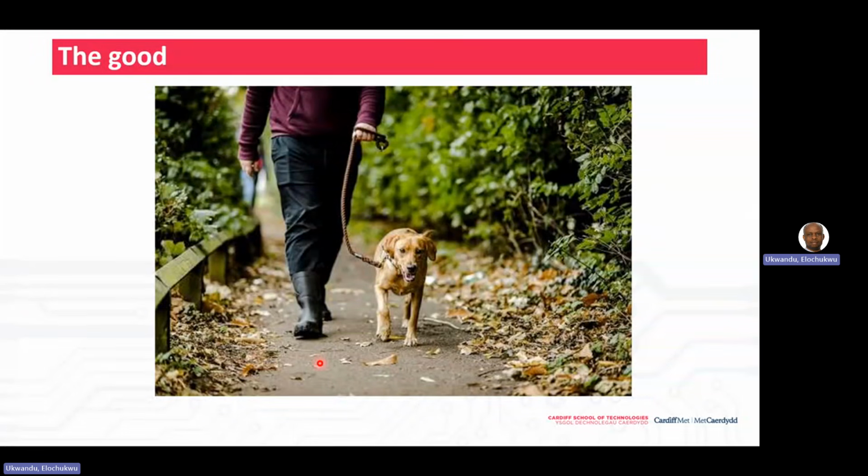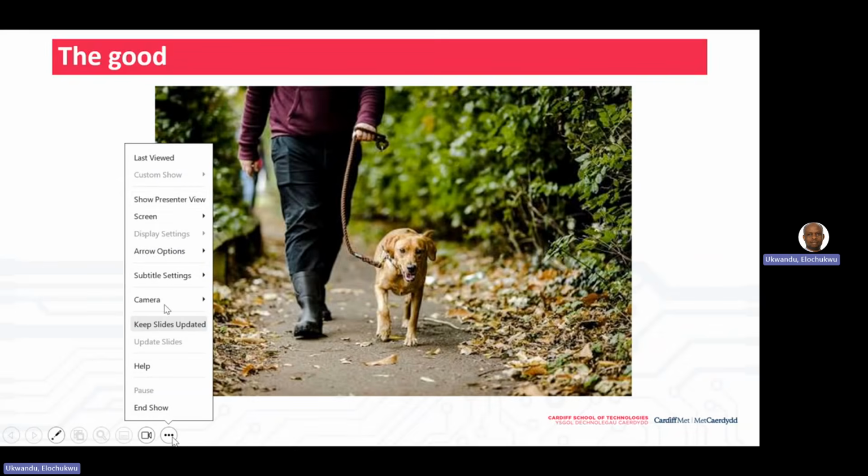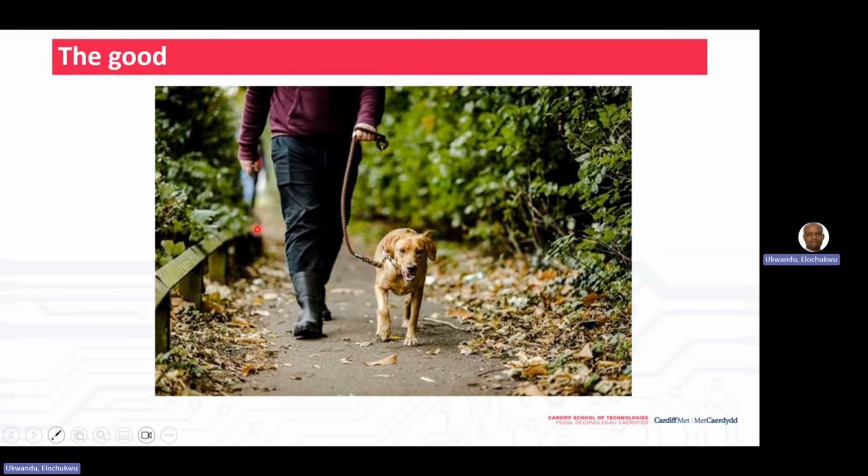Okay. What are the goods? I say here that AI tools are very good companions, but just like this dog, they need to be led to be effective. That's why I'm always a good advocate of school systems introducing prompt engineering. But that does not replace domain knowledge. Domain knowledge is very primary in being able to prompt correctly, because sometimes before you can get something